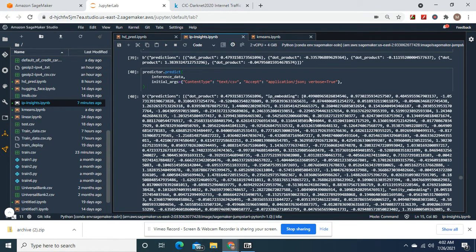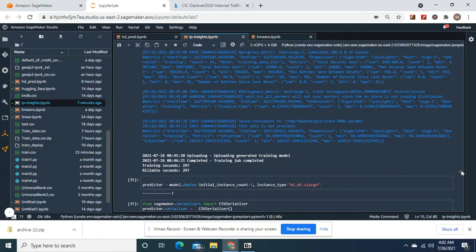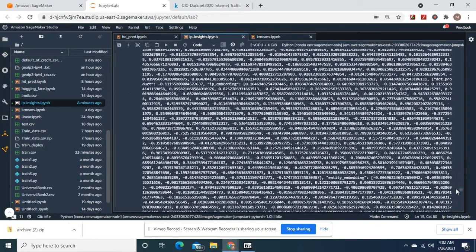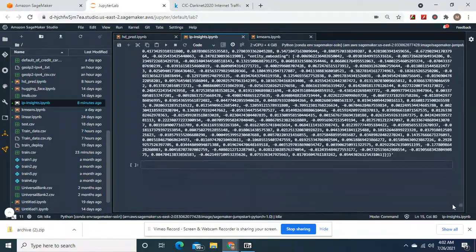See the dot product and the IP embedding? Yeah. And this was at 86% accuracy. I could have gotten that higher, but